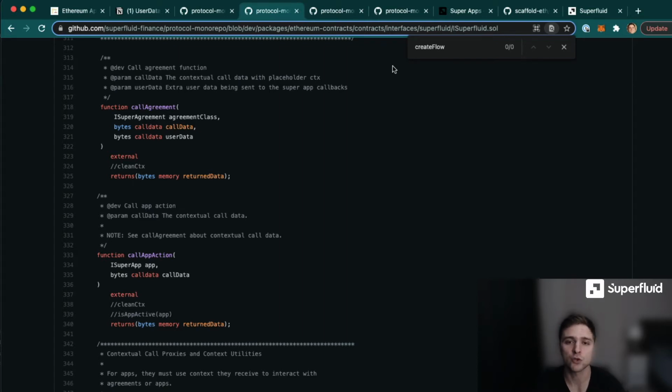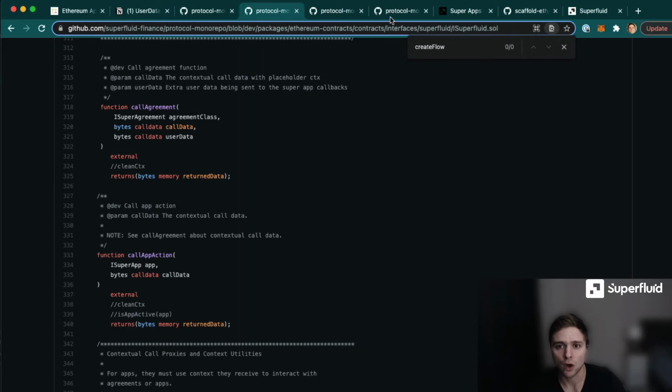We've seen people use user data as a place to put an affiliate code for a Superfluid-based app around affiliate marketing and advertising. And you could even get as creative as putting the bytecode for another smart contract there as well. I don't see any reason why you couldn't do that. So again, please be creative with it. This is going to be a very simple example, but I would love to see somebody in the community build something really unique. So yeah, as a quick visual example of how this is all put together, I did want to go to our